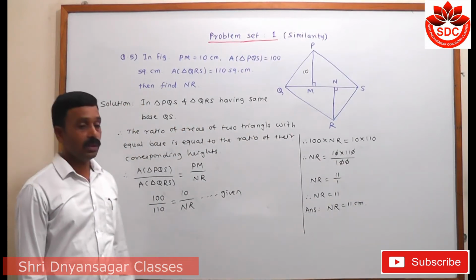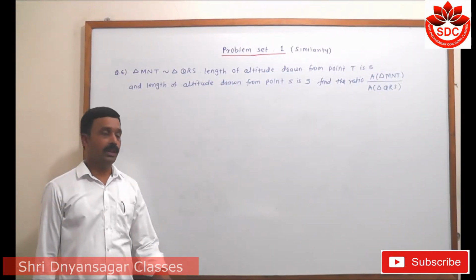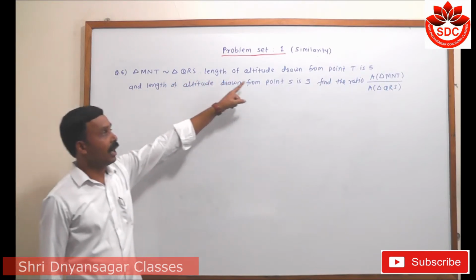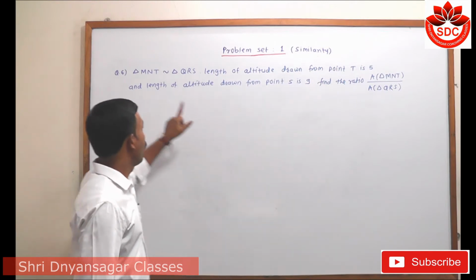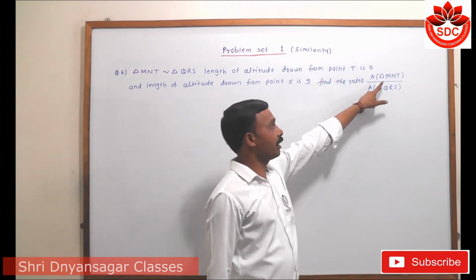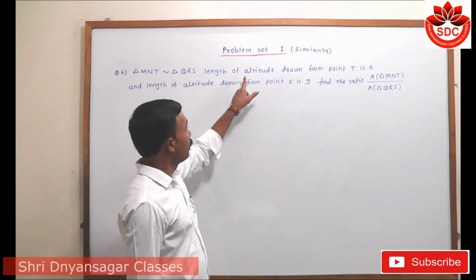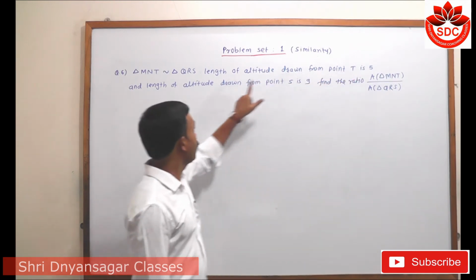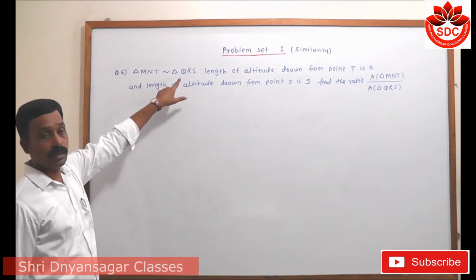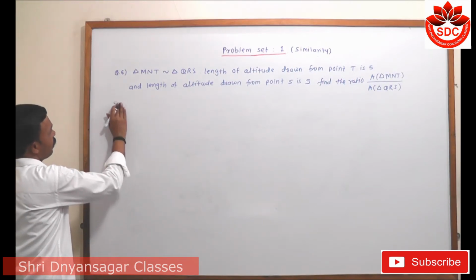Can you understand this question number 5? Okay student, then we take the next question. Question number 6. Triangle MNT is similar to triangle QRS. The length of the altitude drawn from point T is 5 and the length of the altitude drawn from point S is 9. Find the ratio of the area of triangle MNT upon the area of triangle QRS. Now when we observe, the first altitude has length 5 and the second altitude has length 9, meaning the first triangle is smaller than the second triangle. So when we find this ratio, the solution is,